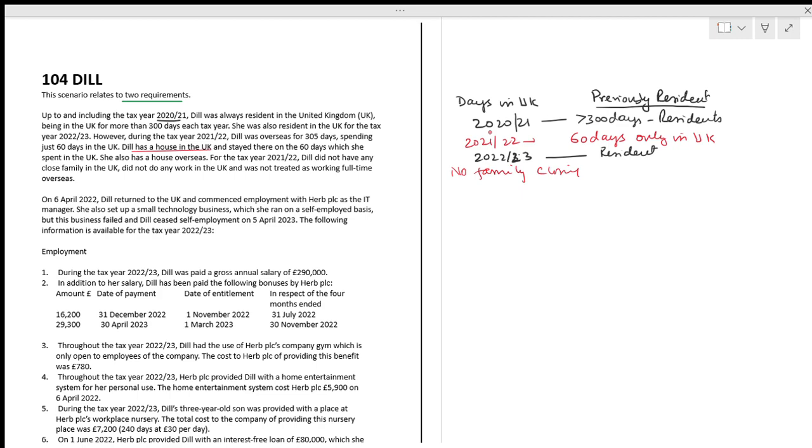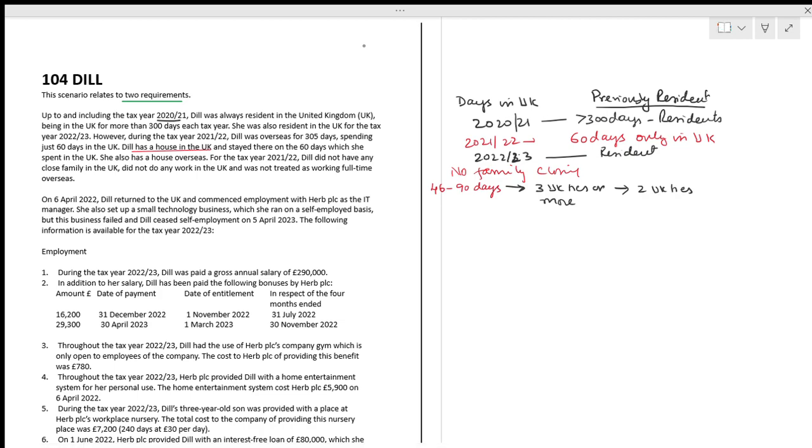Fine. Now see the things. We have to see what the condition is. I'm just briefing it. If you take into consideration the rule between 46 and 90 days, what is the condition? It says that you should have 3 UK ties or more, then only you will come. Now here what's happening? It's only 2 UK ties.